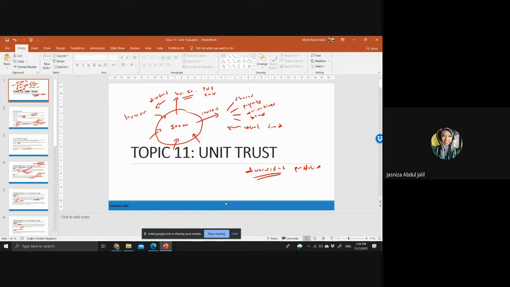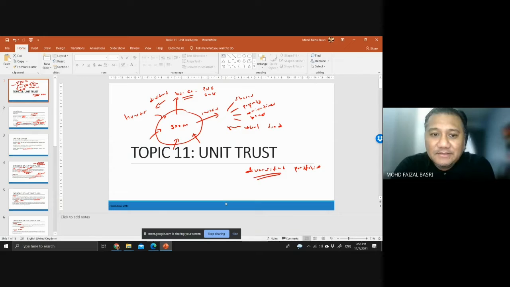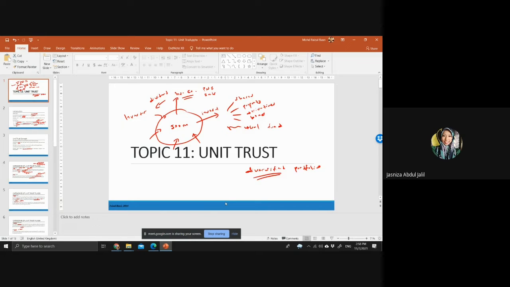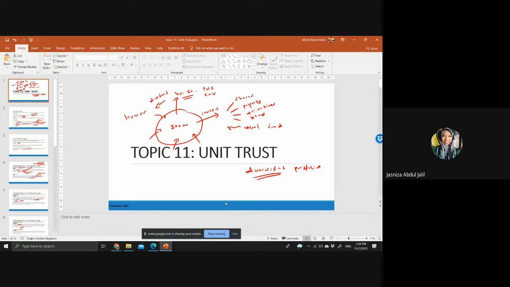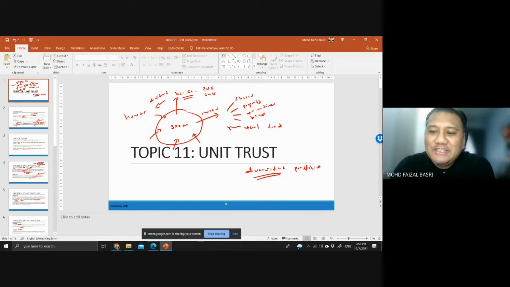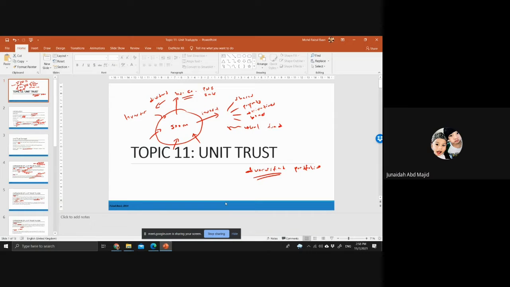Syllabus test minggu depan, kami ada kelas ke? Kami ada kelas untuk test minggu depan. Kelas you pukul apa? Daripada pagi sampai petang. Saya buat Sabtu lah, boleh? Boleh sir? Boleh tak yang lain buat hari Sabtu? Boleh, sir. 17 ya, 17.